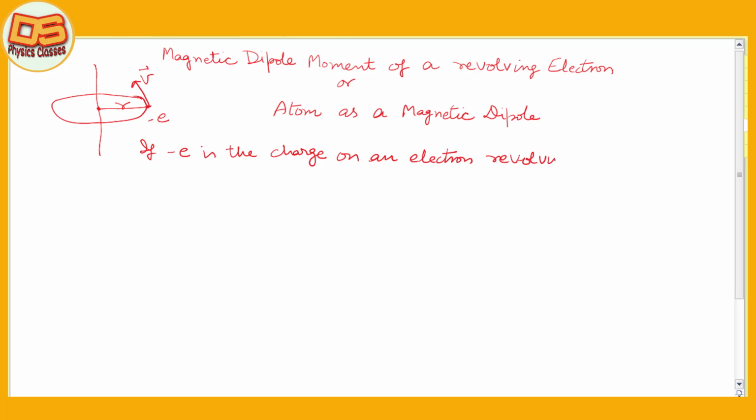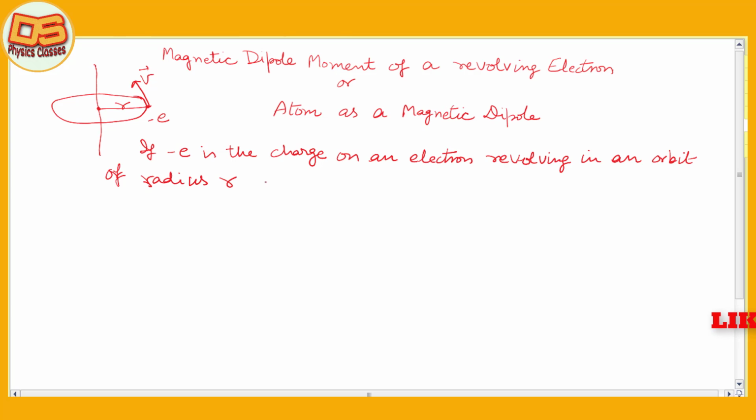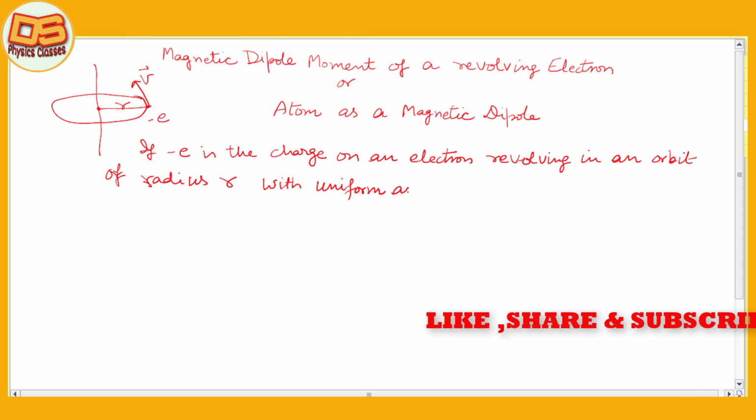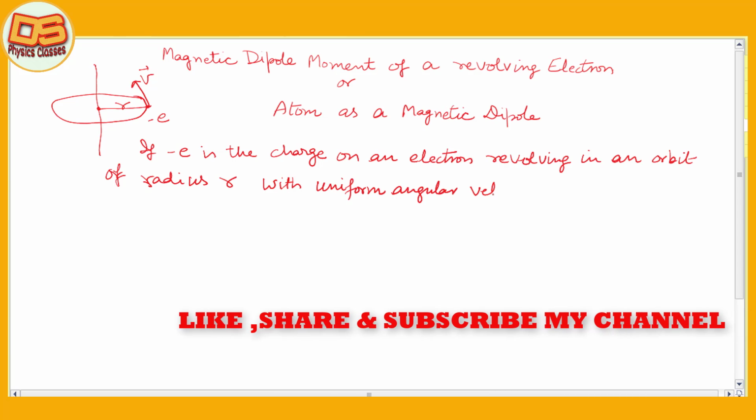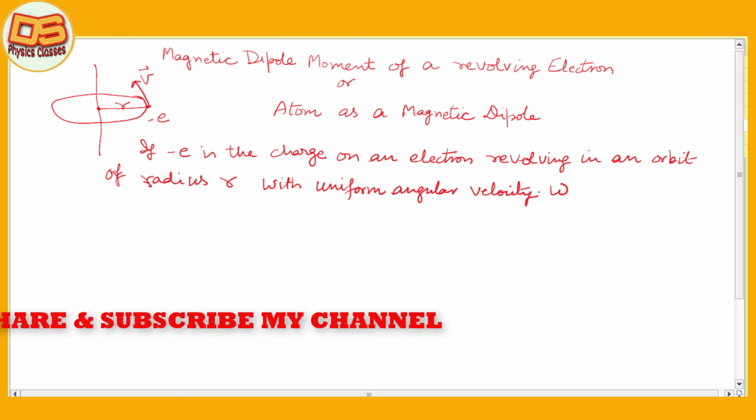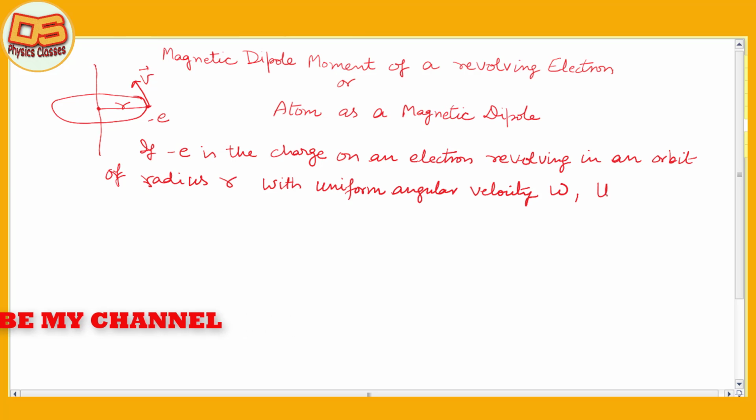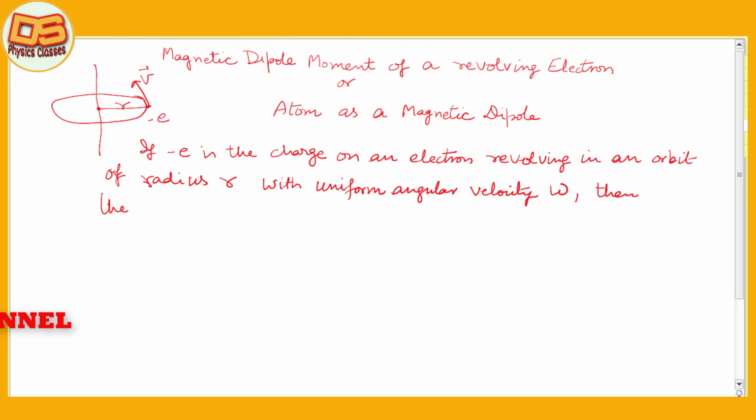revolving in an orbit of radius r with uniform angular velocity omega, then the equivalent current